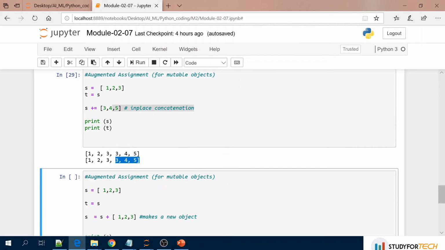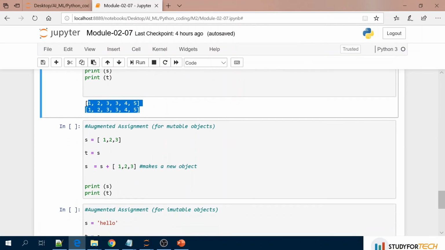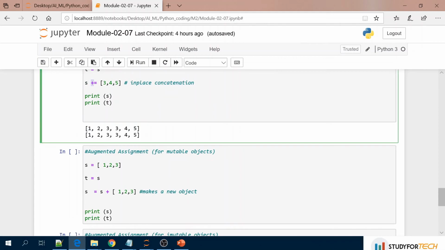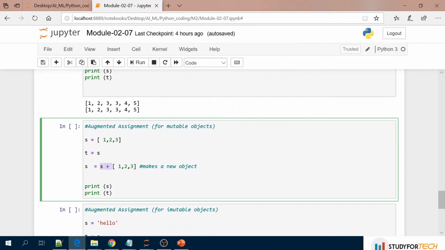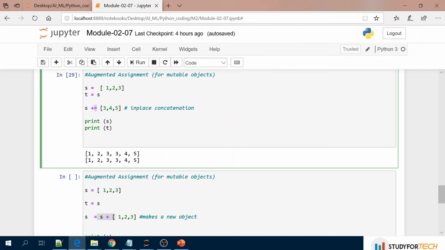That's why both are printing the same, that I have already explained. But if you see here, here I have used the augmented one, and here I am using the simple one. s equal to 1 2 3, t equal to s, and here in-place changes will not happen. This is the difference between the augmented and the simple one.